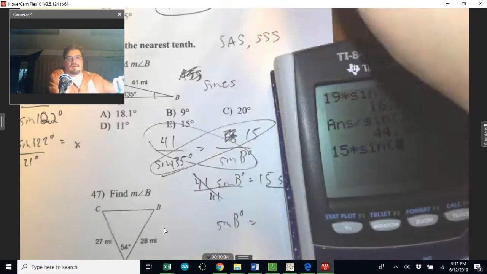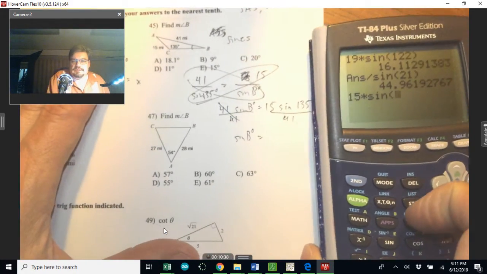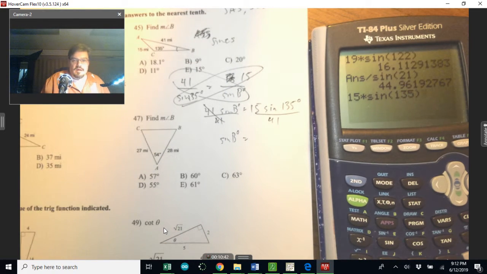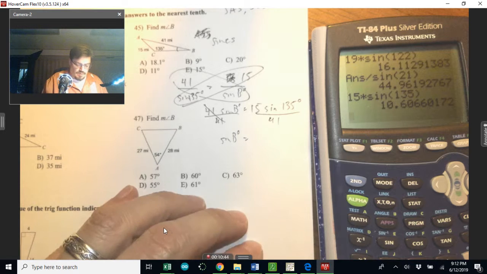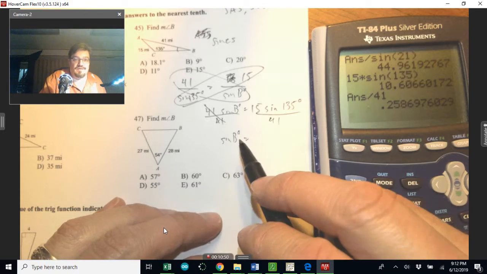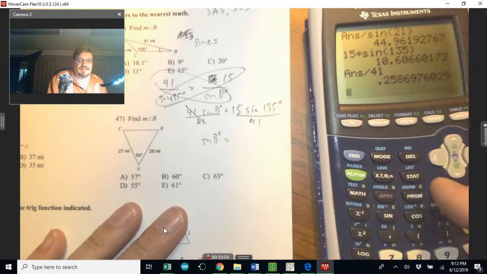Oh, we can't zoom out because I'm so close. Okay. 15 sine 135. Enter. Divide by 41. Okay. But that's not enough because that's what the sine of B equals. It's not the angle. So what I've got to do is take that